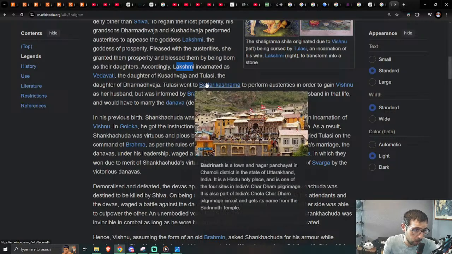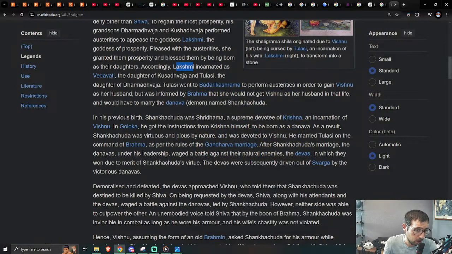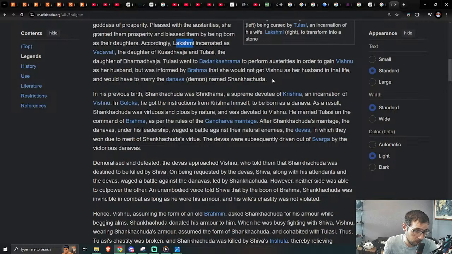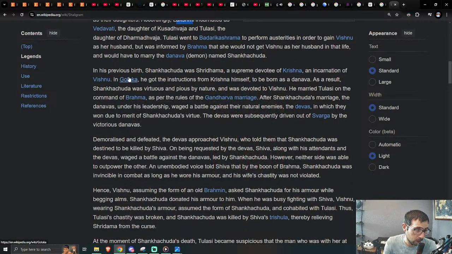Tulasi went to Badarikashrama to perform the austerities in order to gain Vishnu as her husband, but was informed by Brahma that she would not get Vishnu as her husband in that life and would have to marry the Danava demon named Shankashuta. In his previous birth, Shankashuta was Sridhama, a supreme devotee of Krishna, an incarnation of Vishnu, in Goloka,